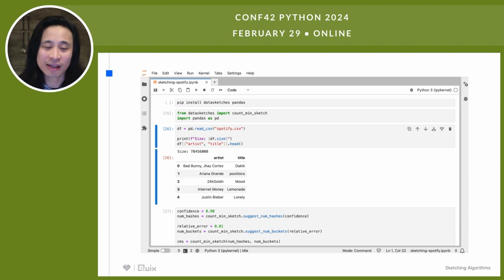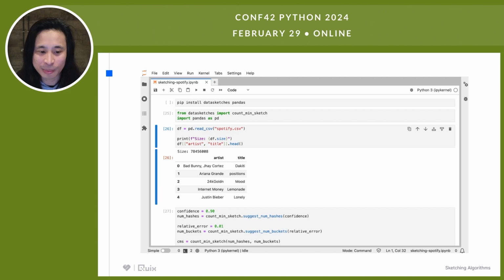And I'm going to do that here. So I'm going to use these final few slides to show you some code in Python. So this is an example in a Jupyter notebook where I load in some Spotify data and filter it for the artist information. So you see I've imported the library there, and I've also imported pandas to load in the data, so they're interoperable.